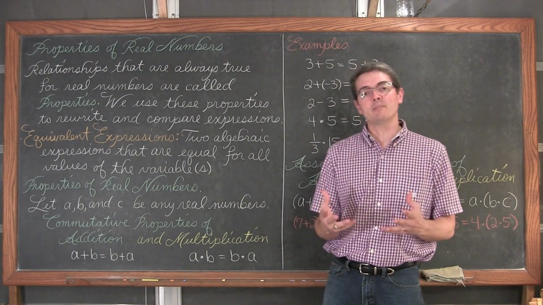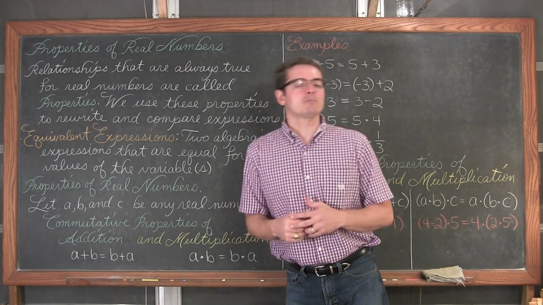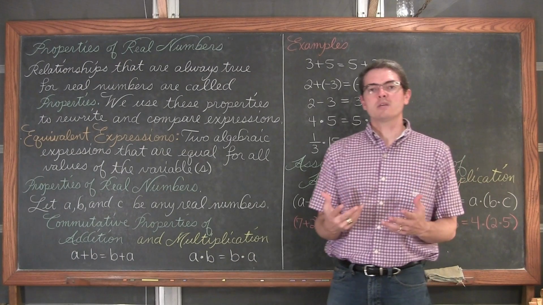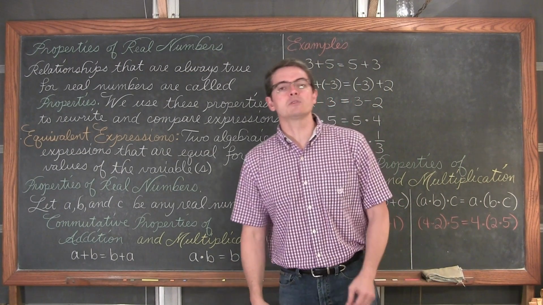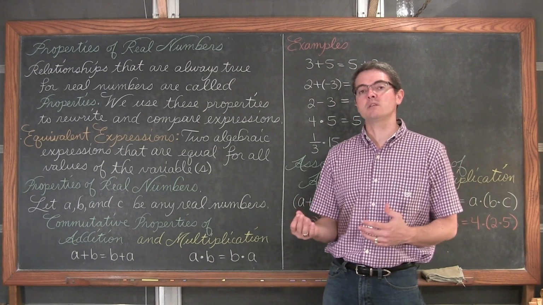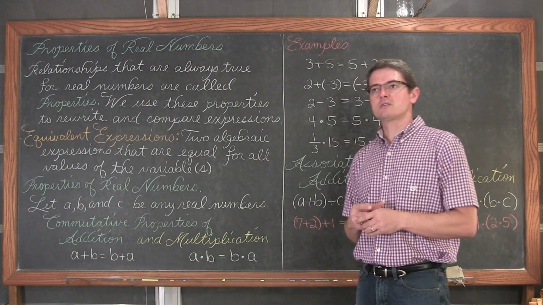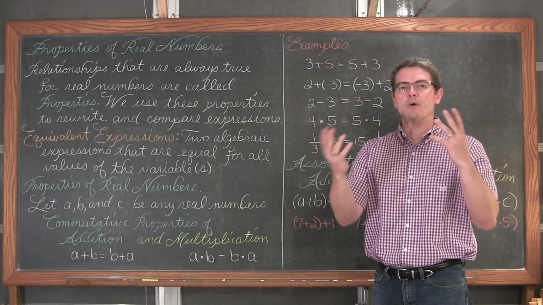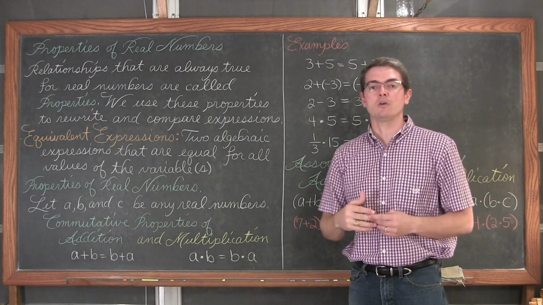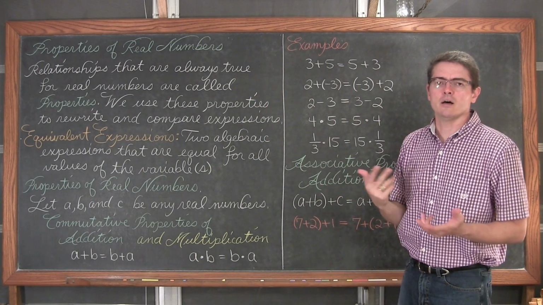What can you add or multiply by and still get the same answer? Zero product property. What happens when you multiply by -1? We're going to simplify some Algebra 1 type expressions, and then finish off our video talking about counterexamples. In other words, how can we prove a statement is false by simply using a counterexample, and how does that compare with deductive reasoning, which is basically how we prove that two algebraic expressions are equal by walking through these properties to show how one expression is equal to another, usually in simplified terms.